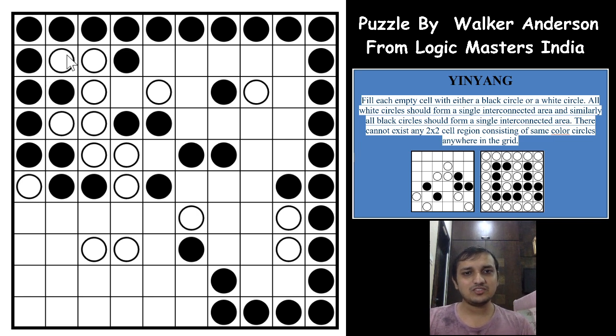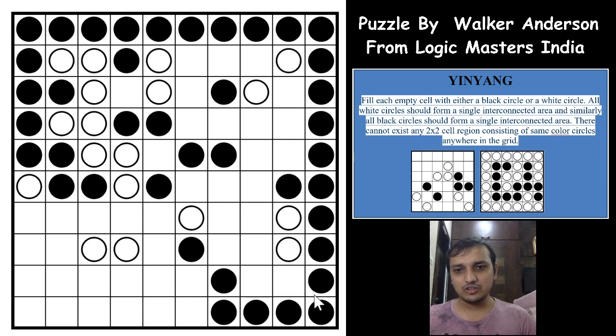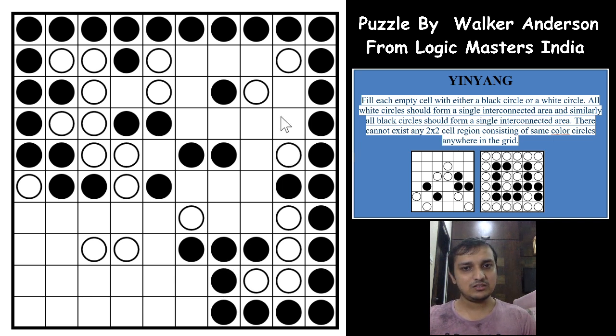Now which gives us this circle as white, this cell is white because of the 2 by 2 group of all shaded cells black, this also white, this white, this white, right? Which gives us this as black, and not to form a checkerboard pattern, this also black, this will be white, and okay. So this group of white cells has to come out this way, right?